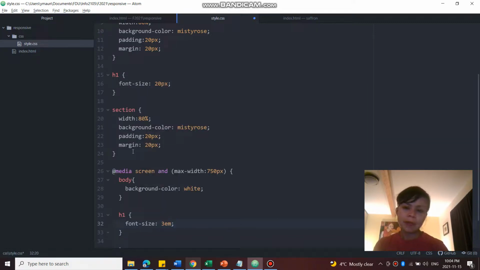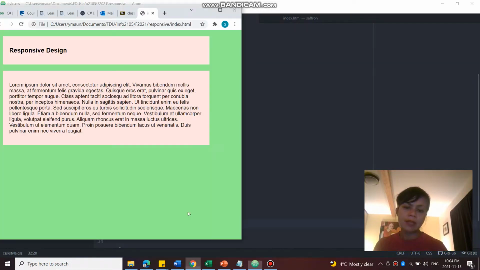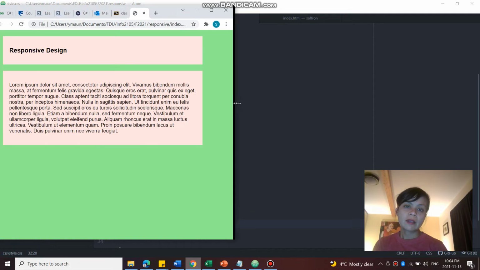Okay, and I'm going to save all, so it should have the same effect. So smaller than 750, so maximum width, because this is